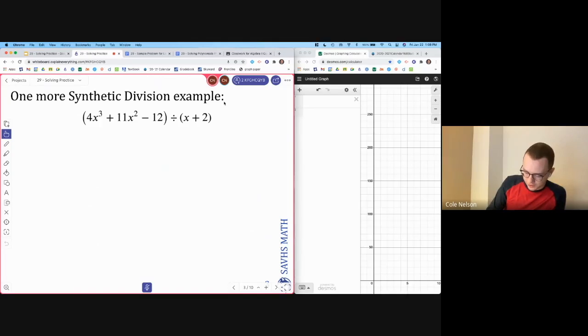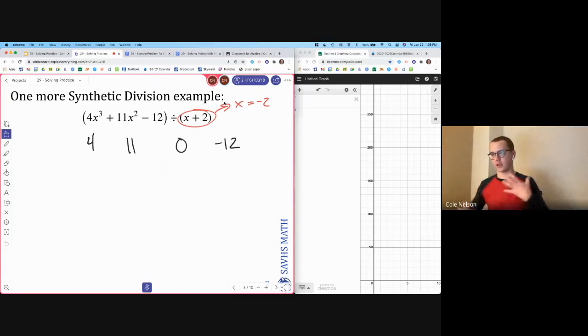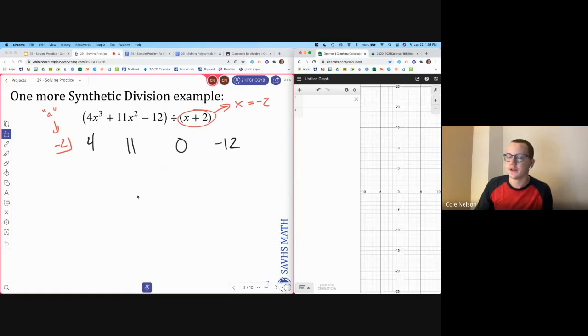So coefficients are 4, 11, 0, and -12. The factor we're dividing by says that x equals -2 is the factor or the x value that you're putting in. So you're going to put in -2 here. This is like the spot where you would put the a, the x minus a, the thing that you're dividing by, right? The thing you found on the graph as an x-intercept, for example. Okay, so